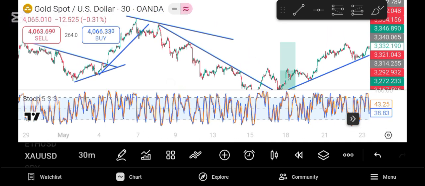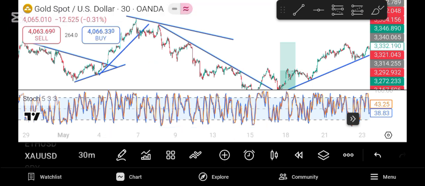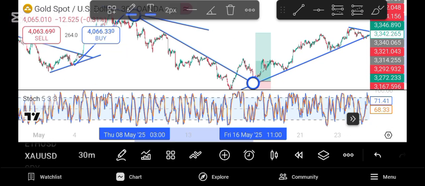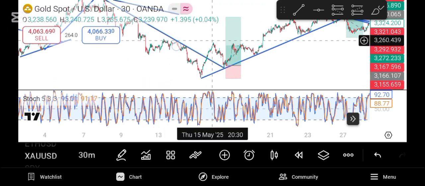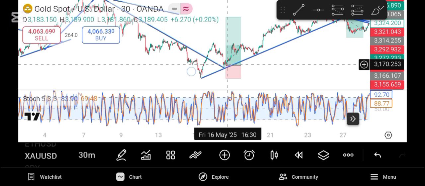Before then, I want you to see how to spot out your footprint and your first layer, in case you are new to this video and you don't know how to do that. So this is your footprint, this is your first layer. Looking at this chart here, immediately the first layer was broken. What happened? There was a pullback, a retracement, and then a pullback. In this pullback, this is our area of interest where we are going to spot out our divergence